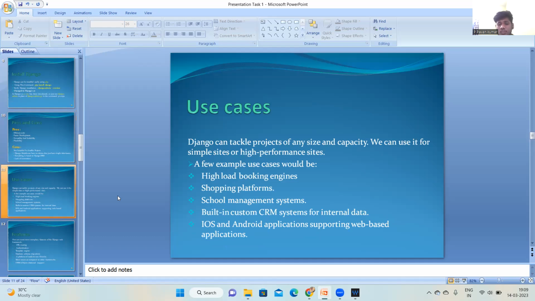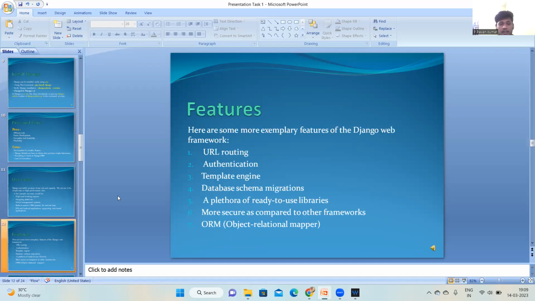Example use cases include high load booking engines, shopping platforms, school management systems, and CRM systems for internal data. Coming to the design features, some more features of Django are URL routing, authentication, a template engine, database schema migration, and the ORM object relational mapper, and it is more secure compared to other frameworks.